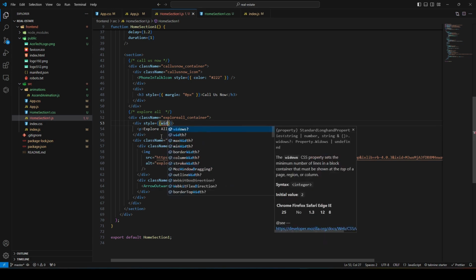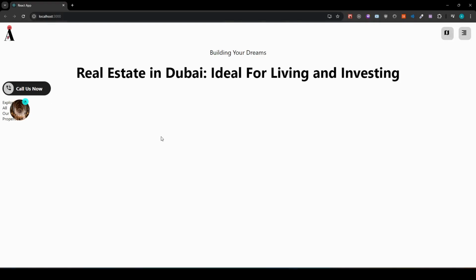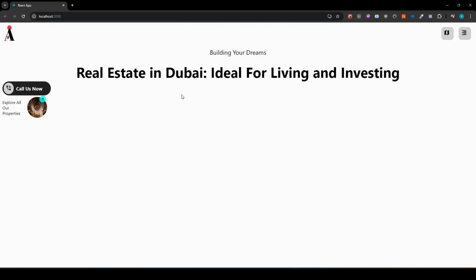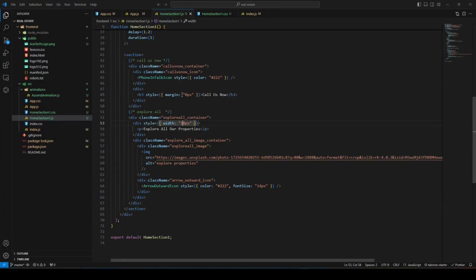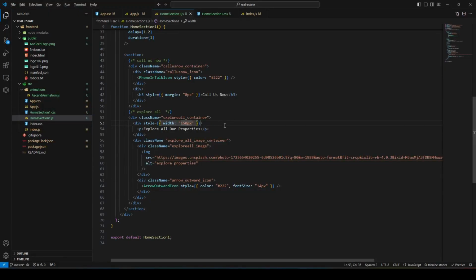we can quickly give it an inline style here, and just restrict it with a width of, let's say, 30px. That would be too small. Let's restrict it to 80px, 100px, 150px. And as you can see, now the explore all properties text has been restricted to 150px. This is nothing but a small hacky solution that we did for this,